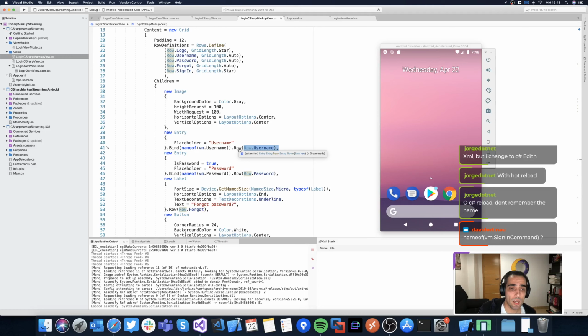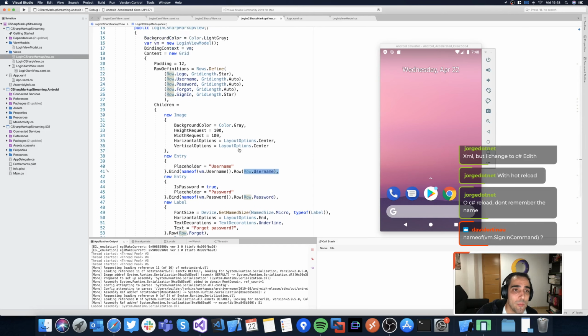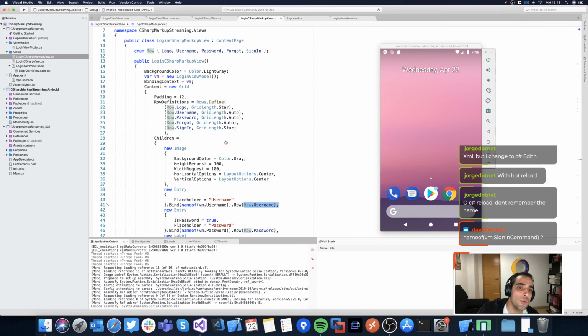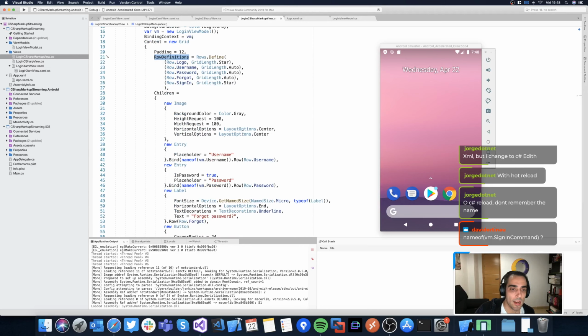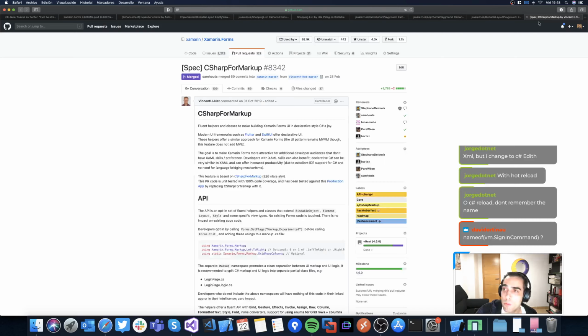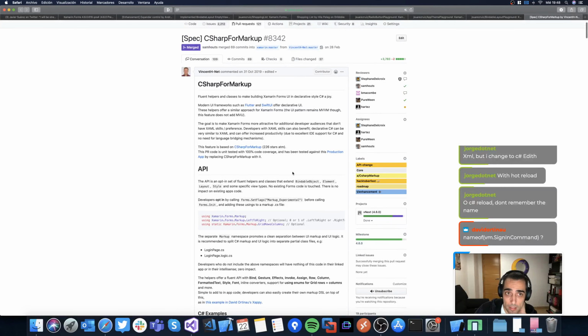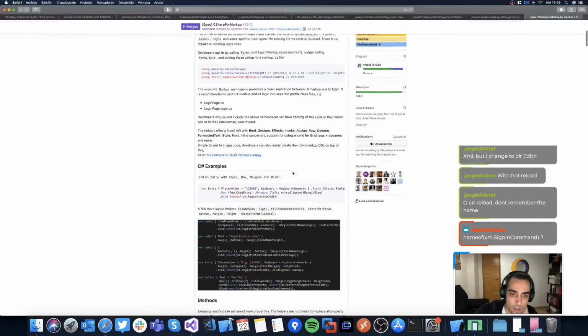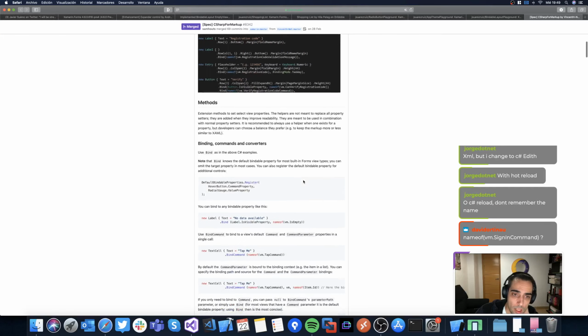style. And at the end, what we have is several extension methods to create in an easy way things like layout, for example in this case with rows, and to manage all the stuff related with bindings. But there are also extension methods to manage all other things like gestures and other stuff. And to show you that, let me move to the spec. This is the spec created by Vincent. And well, here you can see some samples and all the stuff that I mentioned related with